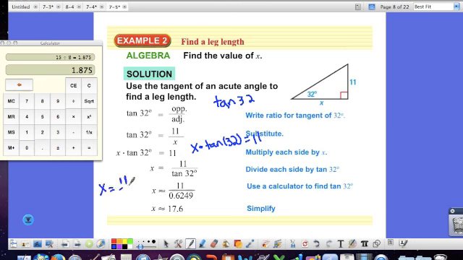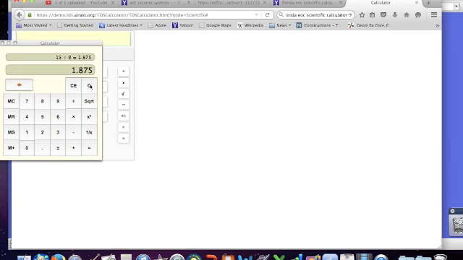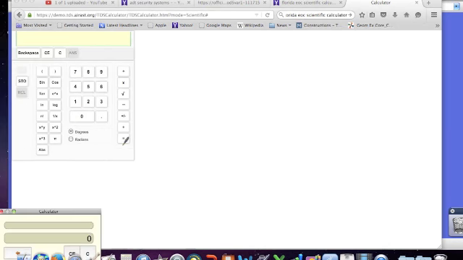So you guys are gonna say to me, but how the heck do we know what the tangent of 32 is? Well, in the old days when I was a kid, you had a chart, you had to look it all up. But nowadays, we have the beauty of a calculator. That's not the calculator one. This is a link to the scientific calculator for the EOC. So you're going to do tangent 32 equals,